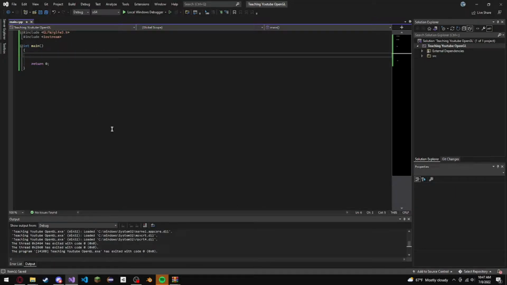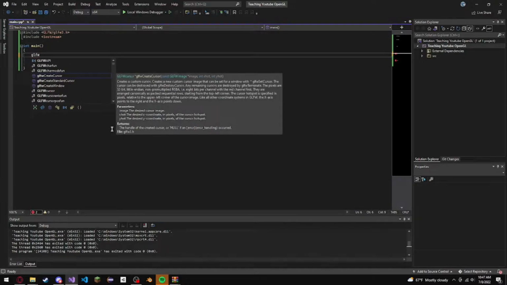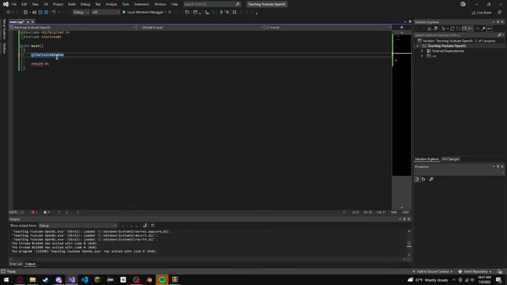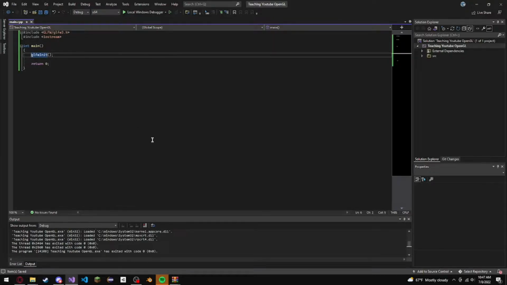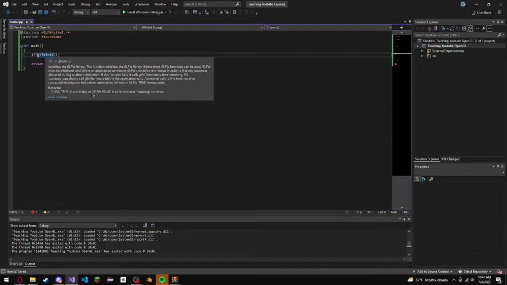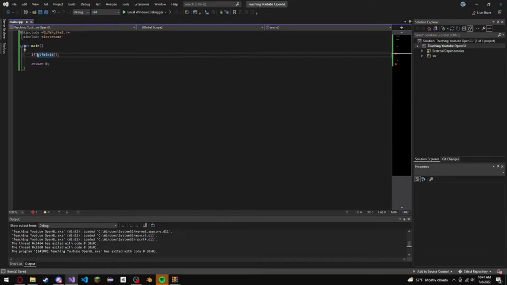So now we're going to create a window. The first thing you want to do in creating a window is initialize GLFW. Now, if you type in GLFW, a couple things come up. Create window. Why don't we just create a window? Well, first we actually have to initialize it, because we have to initialize the thing that actually creates the window. And we also see, if we look over this, it says returns GLFW true and GLFW false if an error. So if GLFW does not equal GL false,